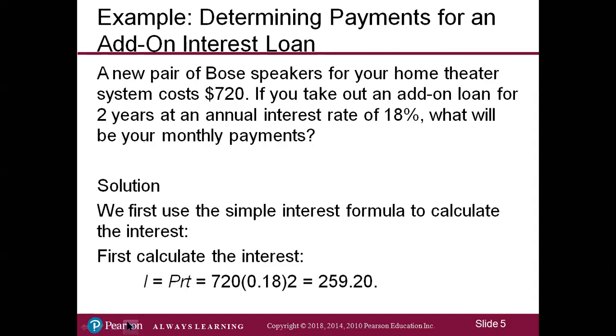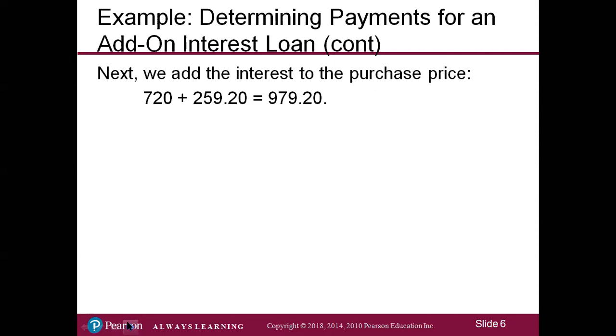First, calculate the interest. I equals PRT is 720 times 0.18 for 18% times 2 for the number of years, which equals $259.20. Next, we add the interest to the purchase price. $720 plus the interest, $259.20, equals a total of